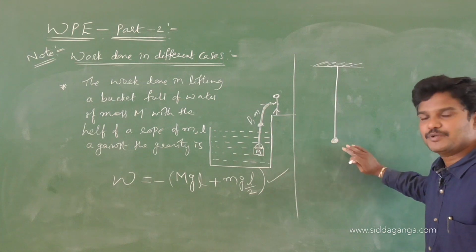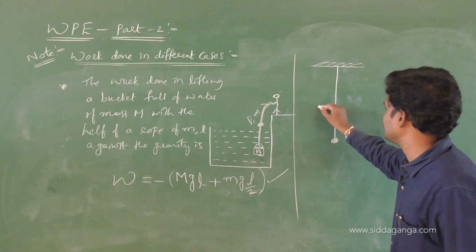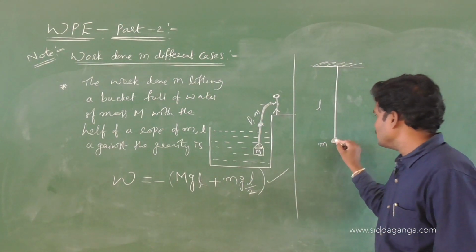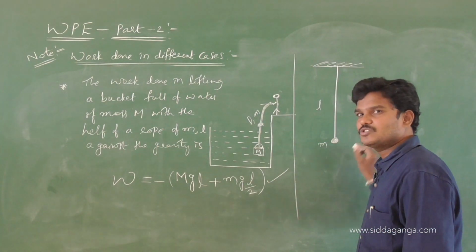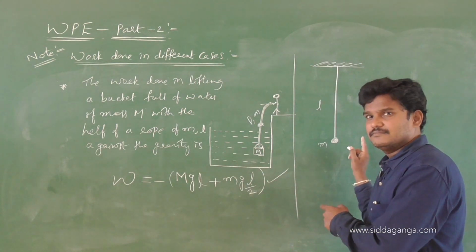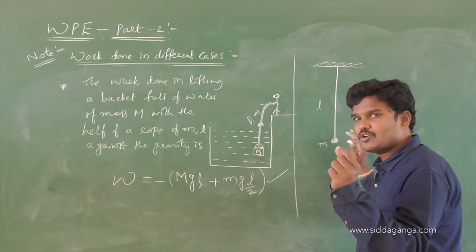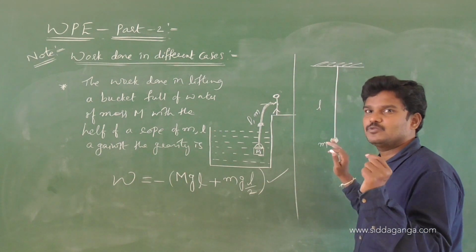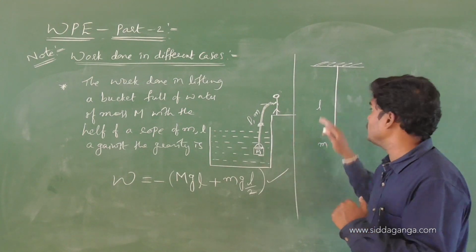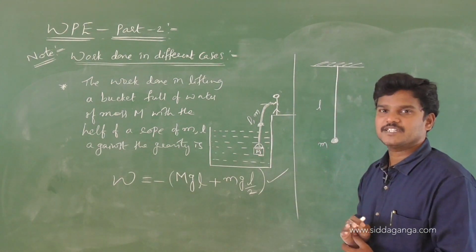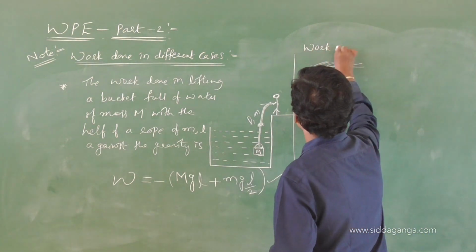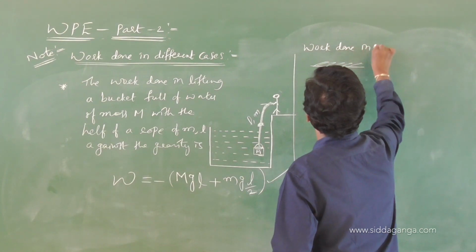So this is the simple pendulum whose length is L. This is the point mass M. Now I want to pull this pendulum through a small angular displacement theta. To pull it through a small angular displacement theta, definitely I need to do some work. So let us see how much work is done by me to pull this pendulum through a small angular displacement theta. Now what I am going to find out here is the work done in pulling